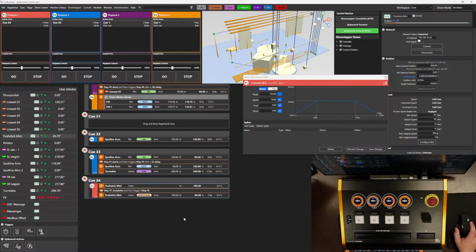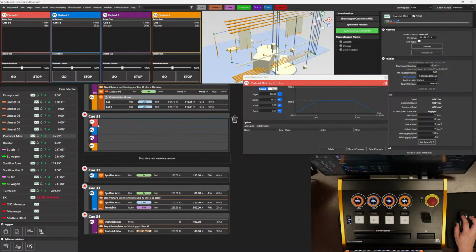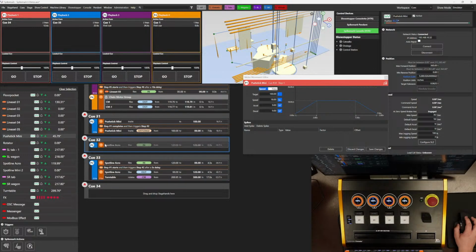And let's say I've started to program this on playback 1, but really, I didn't want it on playback 1. I can grab my playback and drag it over and drop it in the same cue onto a different playback. Or if I really wanted this up in, say, cue 31, I can grab it and drop it up there. So the nice thing that we've introduced with 6 is a lot more drag and drop to reorder,